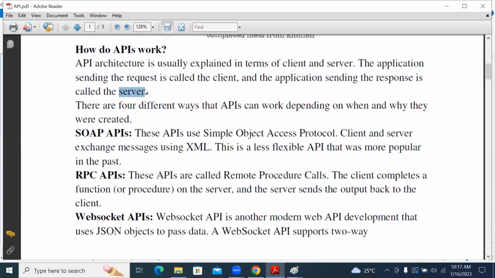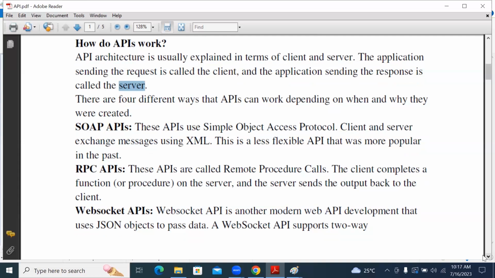Based on this client and server, in the current market we have different types of APIs for sending the request and getting the response.